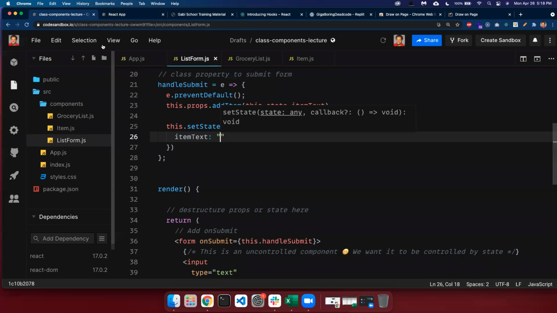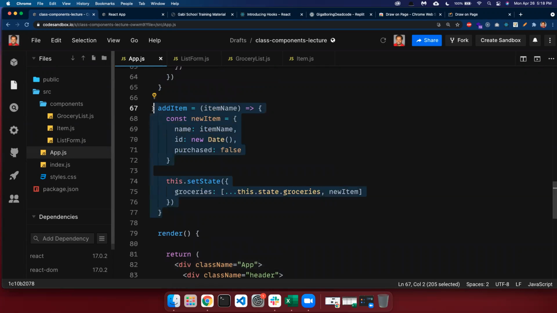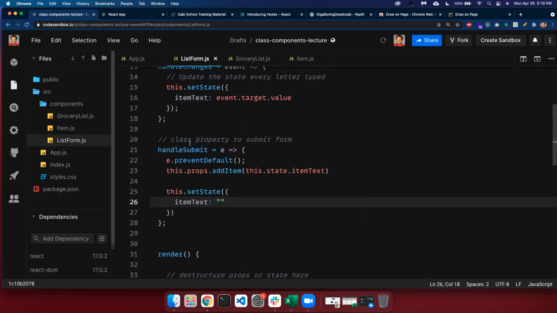Okay, so any question about what we just did? This function, passing it to the form. Any question? Because we're almost done, but if you guys have anything you wanted me to clarify, let me add a couple of comments so you guys have something to look back. So here, the handle change, the handle submit, we're gonna say,